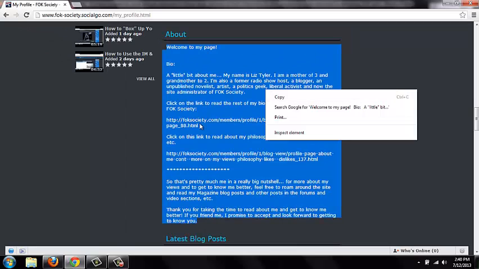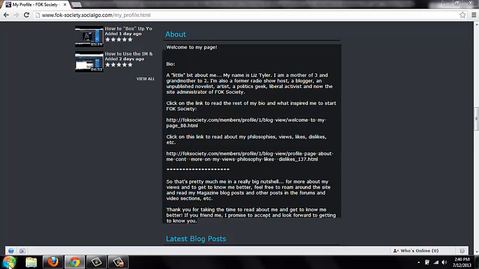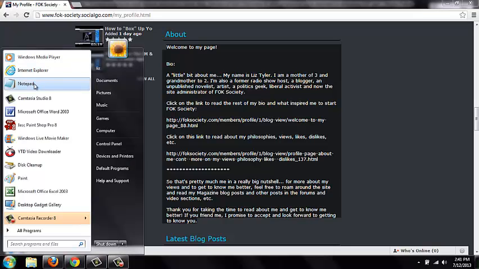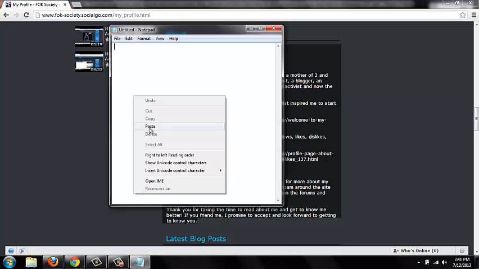Once you've highlighted the area that you want to copy, right click, select copy, and you can either open a Word document or a notepad. I prefer notepad because it's easier to save things without a lot of code. So I'm going to open up a notepad. Once the notepad is open, I'm going to again right click, paste,